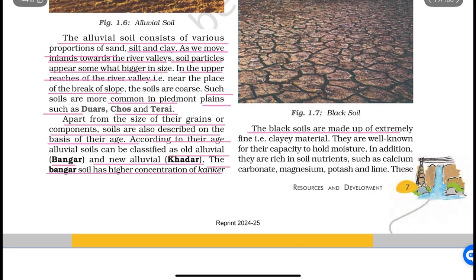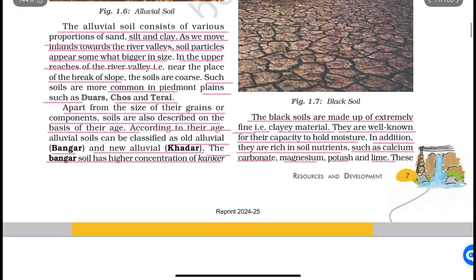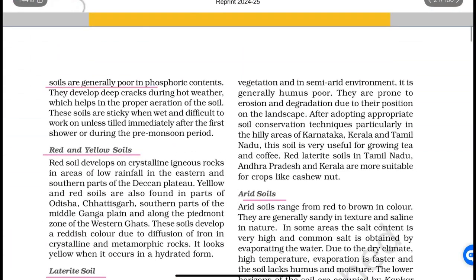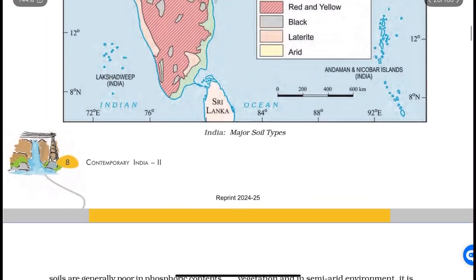The black soils are made of extremely fine, that means clay, material. They are well known for their capacity to hold moisture. In addition, they are rich in soil nutrients such as calcium carbonate, magnesium, potash, and lime. These soils are generally poor in phosphoric contents, and here is the map